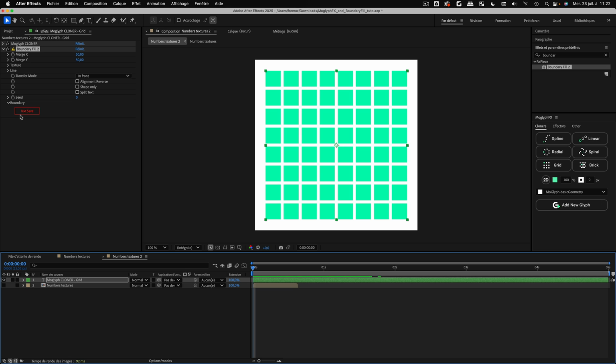So by default, this is red because it hasn't recorded the matrix, so the position, scale, rotation of each clone. So this is normal that it's red, and you can't really use BoundaryFill plugin correctly while this button is still red. So if you click on this now, it has recorded correctly the position of each clone here,